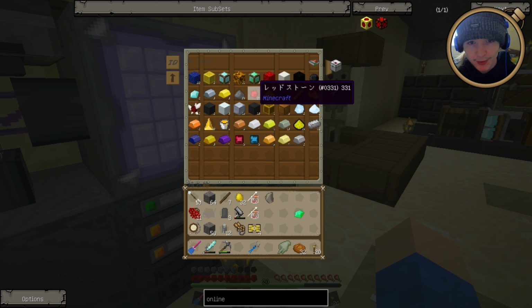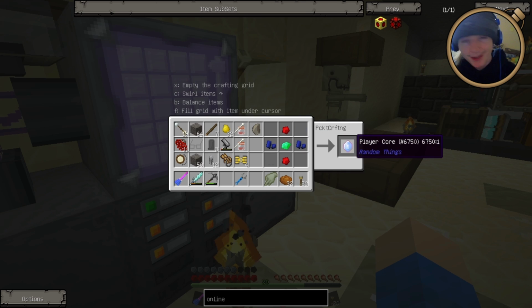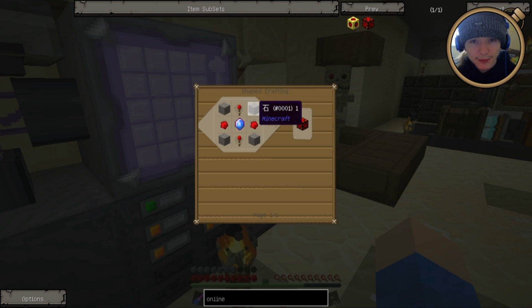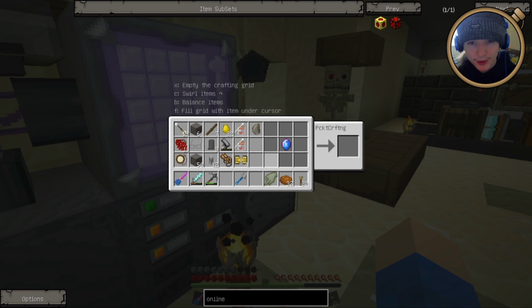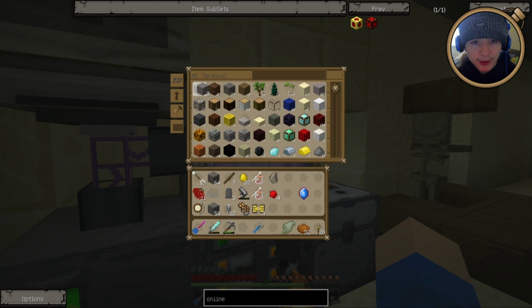Just 2 lapis, 2 redstone. All the way around. Yeah, that, by the way, is the C, the swirl items, which rotates them. Very handy. And now we need 4 stone, 2 redstone, and 2 redstone torches. So, 1, 2, 3, 4. Creepy noise. And the stone...